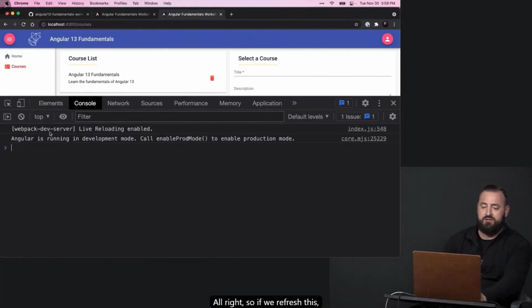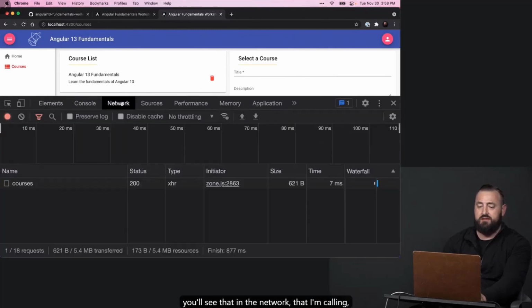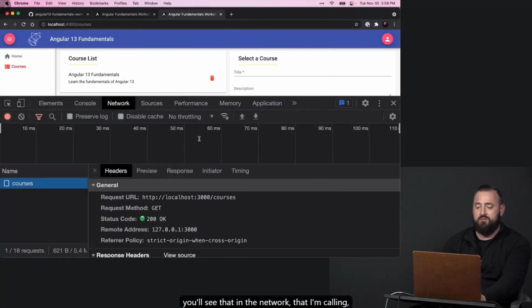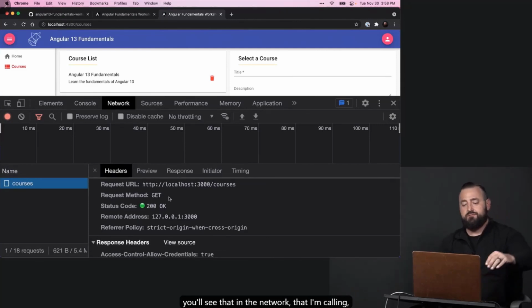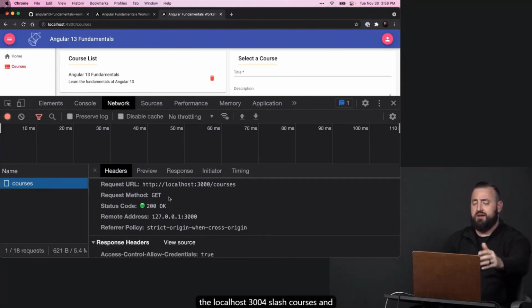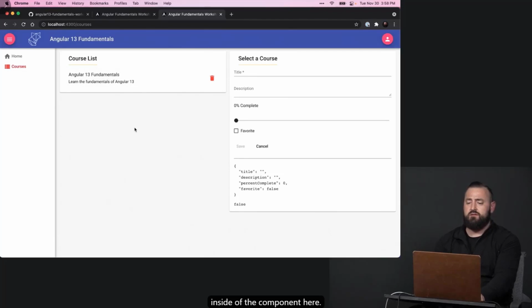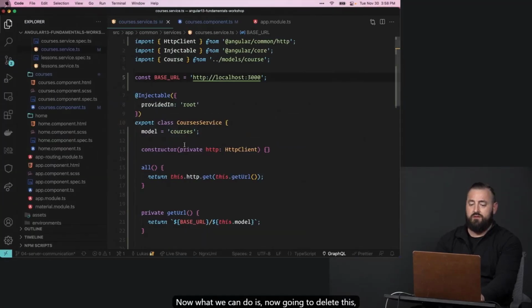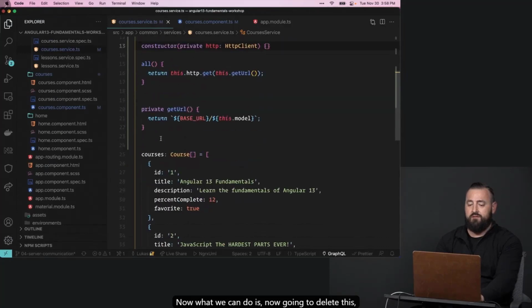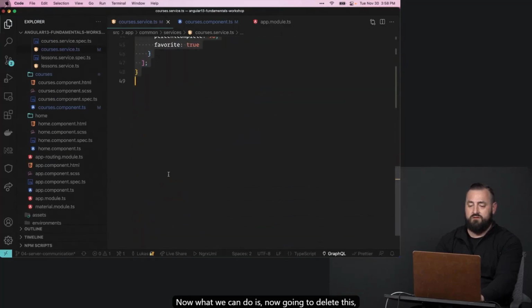So if we refresh this, you'll see that in the network I'm calling localhost 3000/courses, and I am returning this to be rendered inside of the component here. Now what we can do is, and I'm going to delete this,